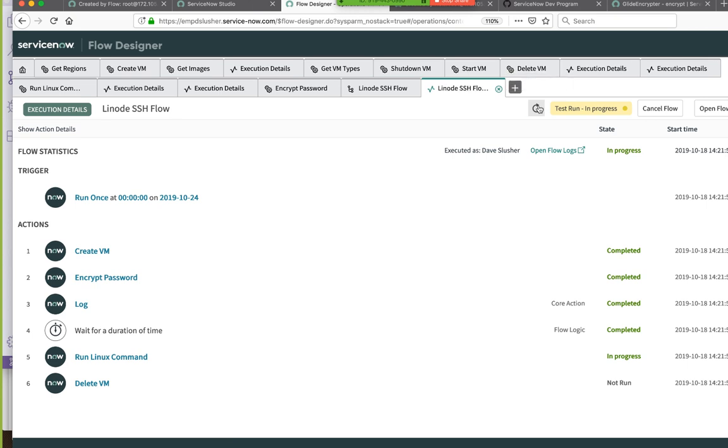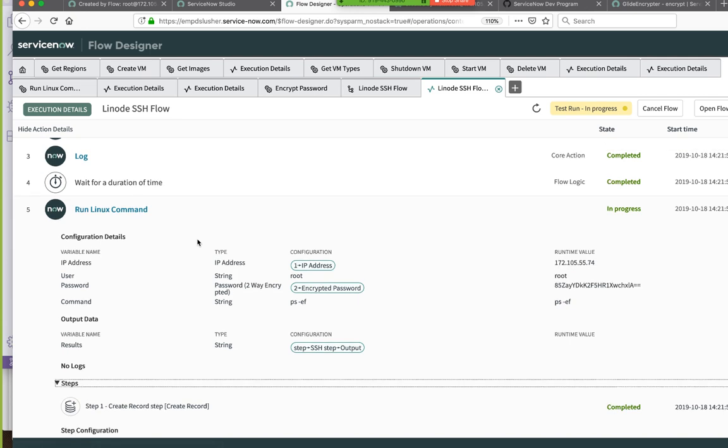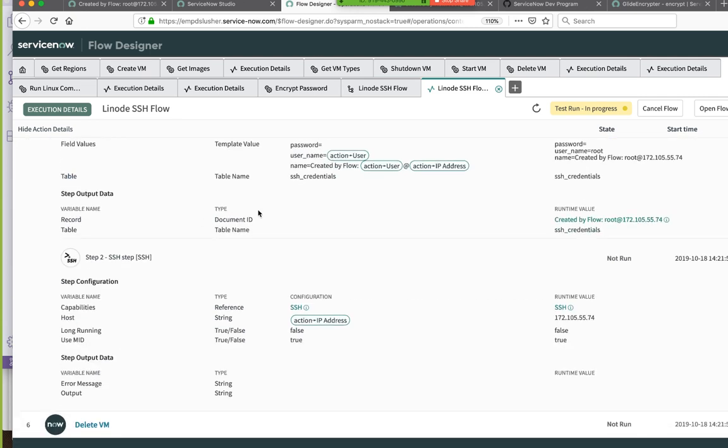Here's something that I have no idea about with this SSH step: when that thing's done, does it disconnect and return? I don't know anything about that. Does it give you anything? Yeah, I have no idea either. I said false. It may actually be waiting until the timeout because I didn't tell it was long running.